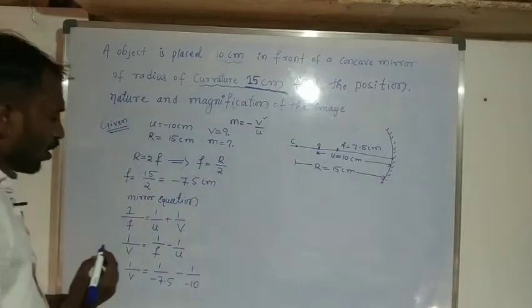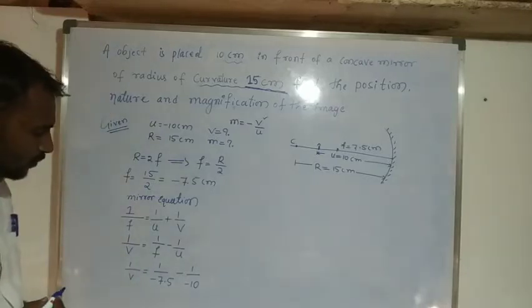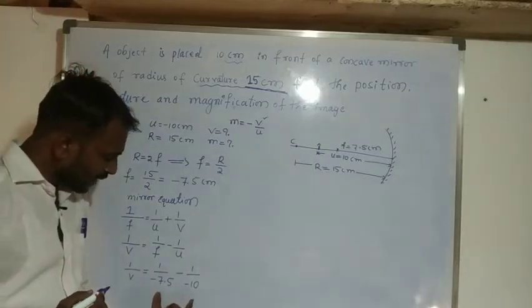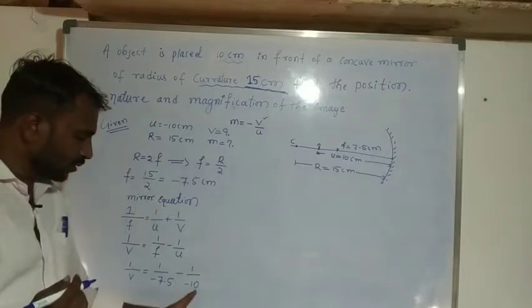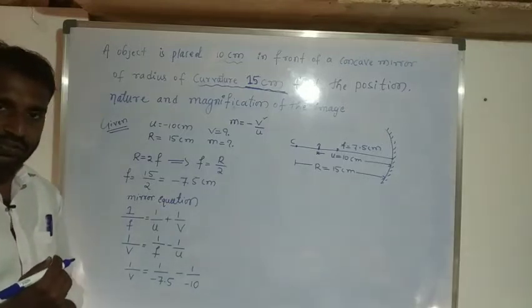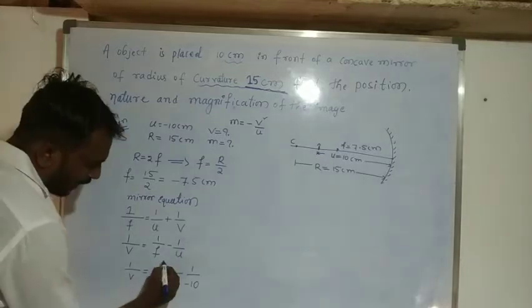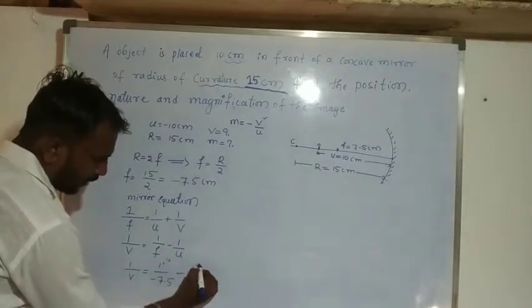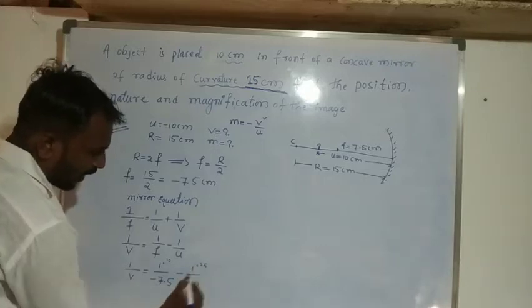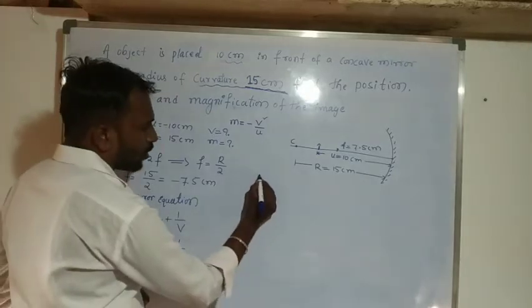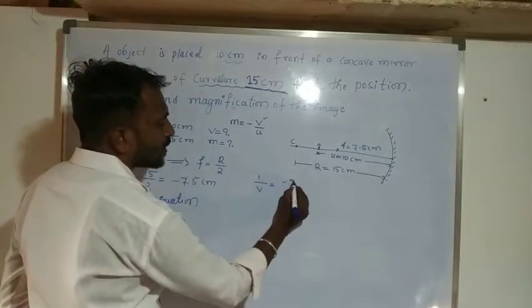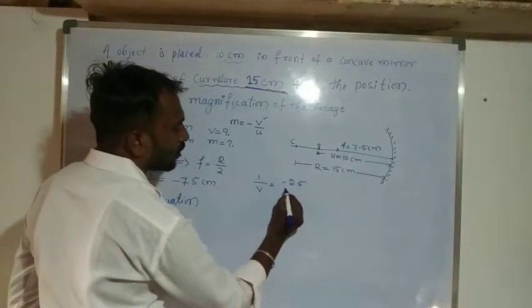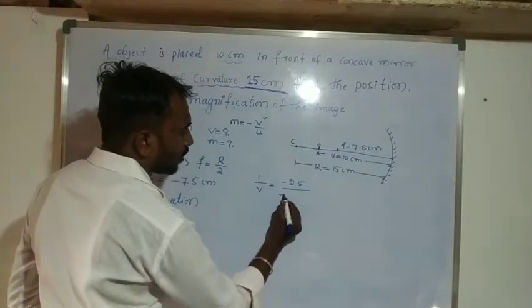So here we take the LCM, 7.5 into 10, 75. So 1 by v is equal to minus 2.5 divided by